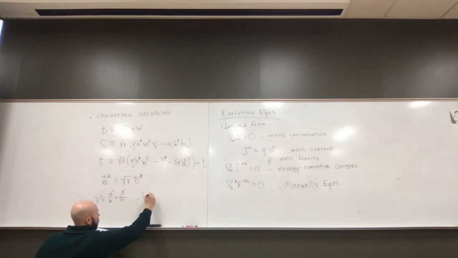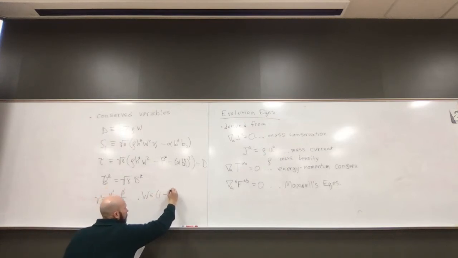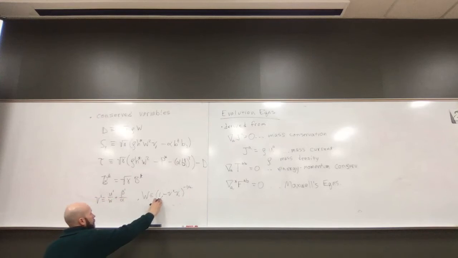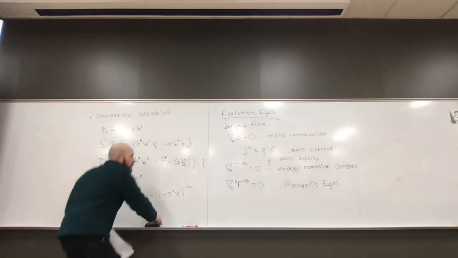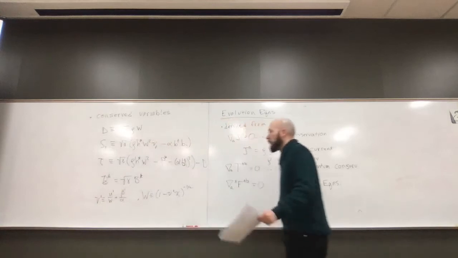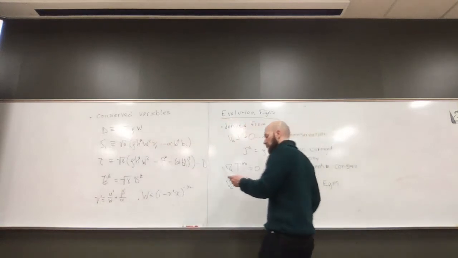And W is (1 minus v_i v^i) to the minus 1/2, one over the square root, right? That's our usual Lorentz factor. This is more or less equivalent to what we've been working with before, but numerically in the code, this is what gets used to compute the spatial velocity. Okay,